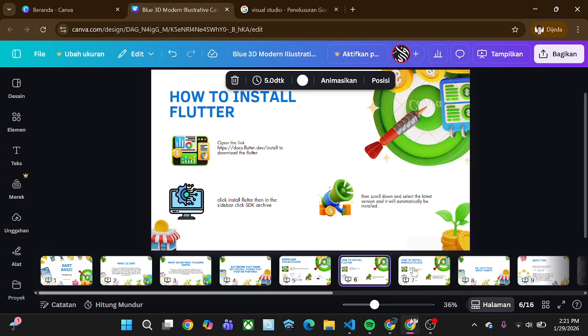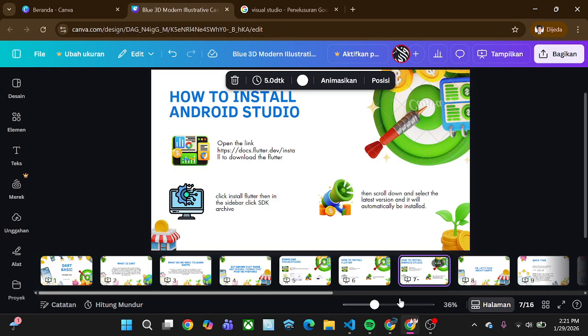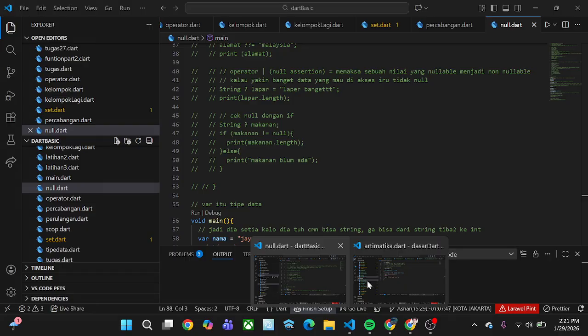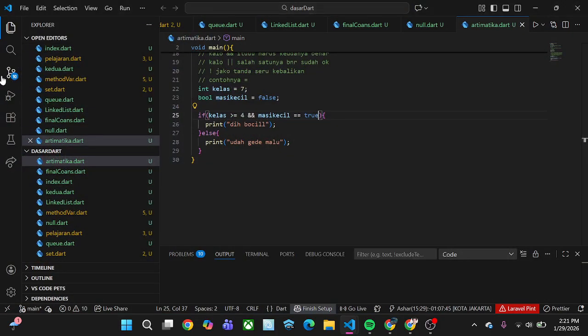After installing Flutter, don't forget to download the Flutter extension.